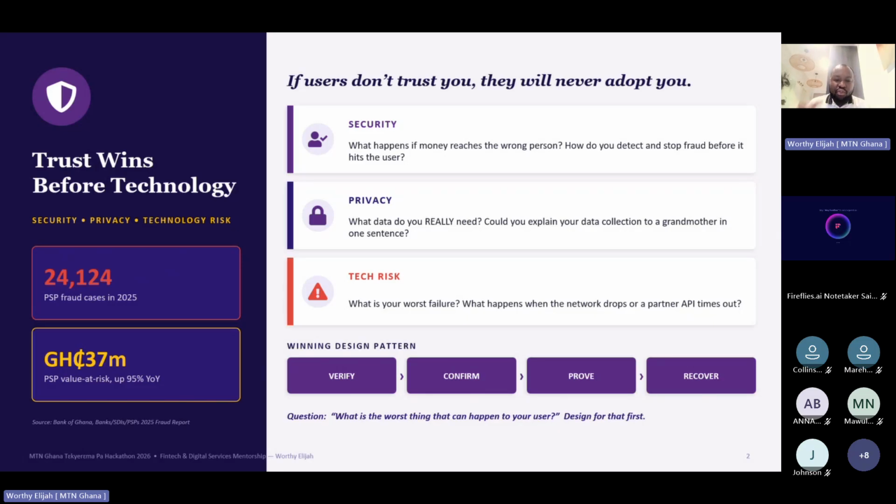Now, when it comes to trust, a winning design pattern is always about verify, confirm, prove, and recover. So if you want people to trust you,